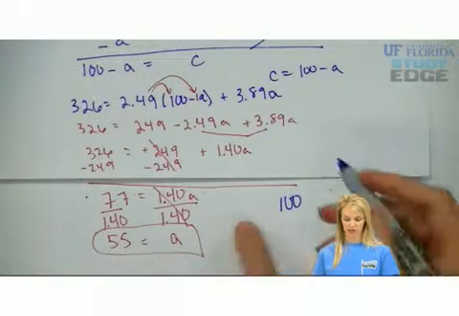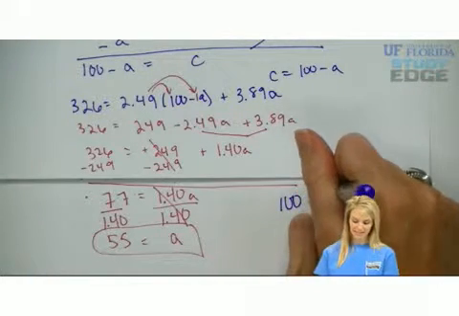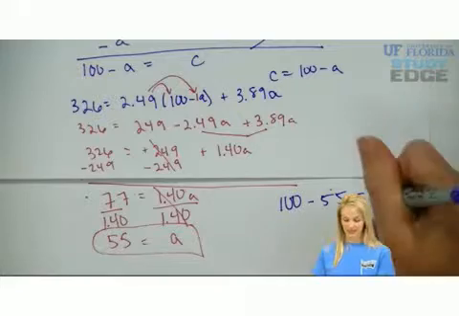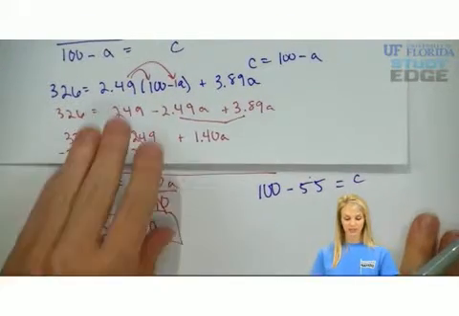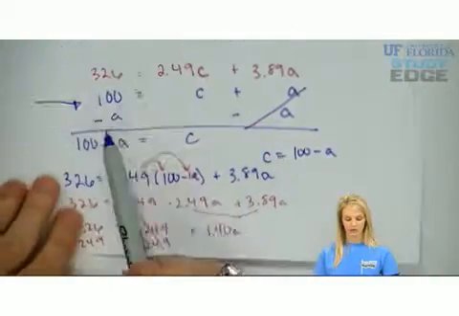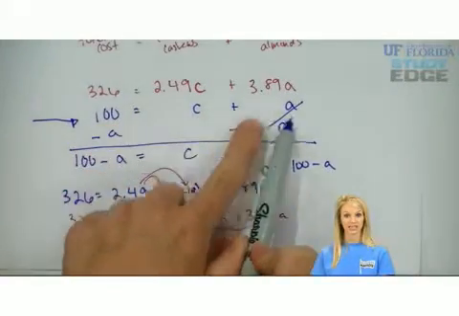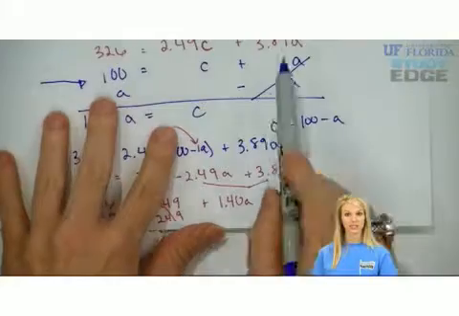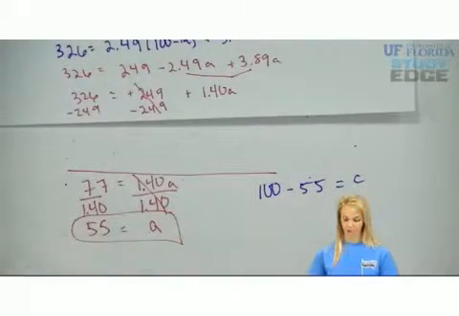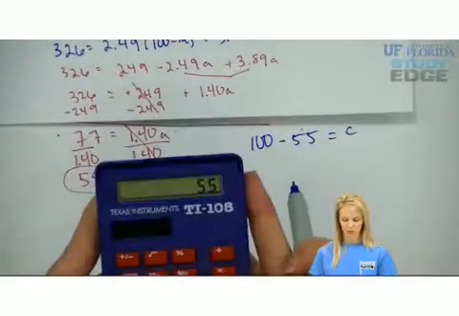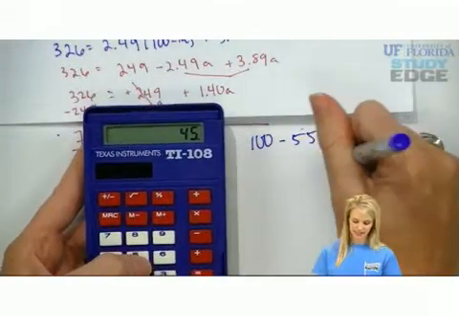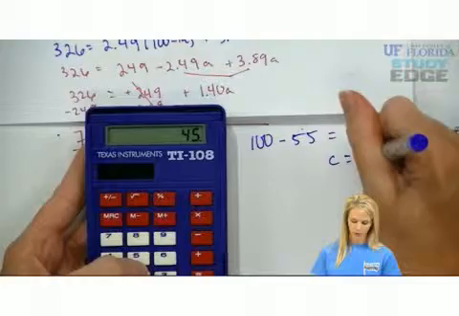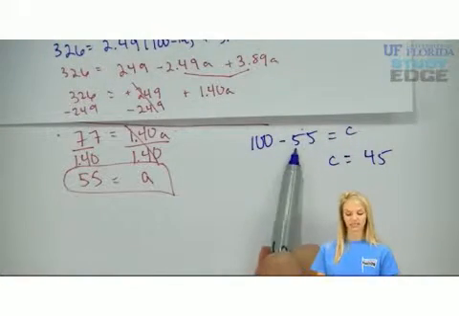The number of cashews. 100 minus our number of pounds of almonds is going to give us C, our total pounds of cashews. All we did here was take our equation, 100 equals C plus A, and solve for C. We did that by subtracting A, which was 55. So we do 100 minus 55, and we get C equals 45,